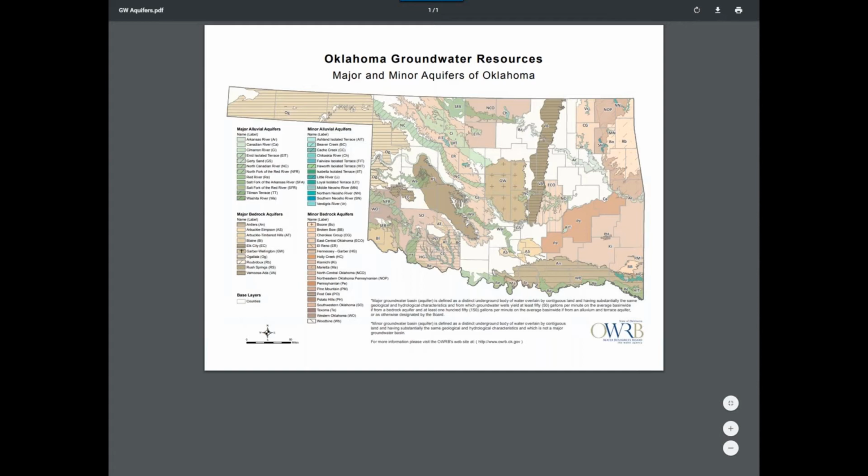You can even search on Google for Rush Springs aquifer in Oklahoma, and there may be information from a study that was done or some water quality samples that were collected that give you an idea of what the natural water quality is there. Again, it's all about being inquisitive and finding out who the right people are.